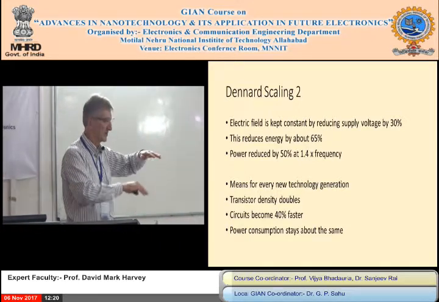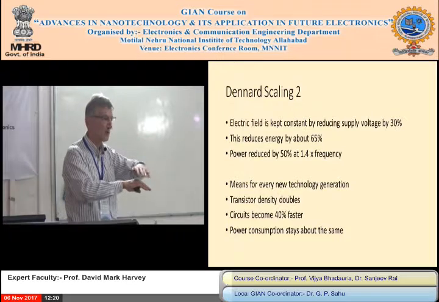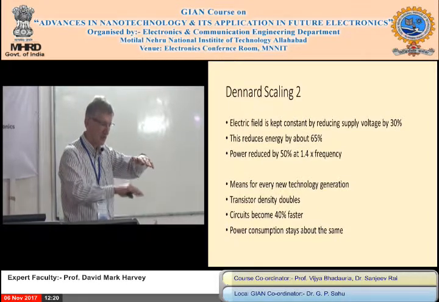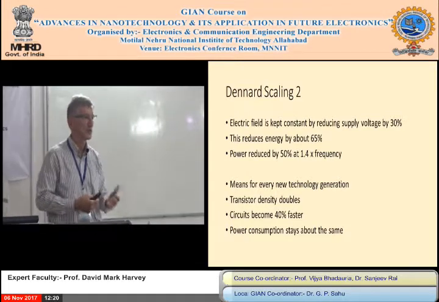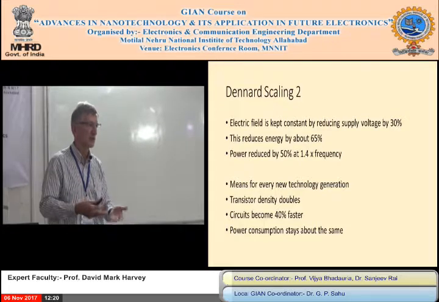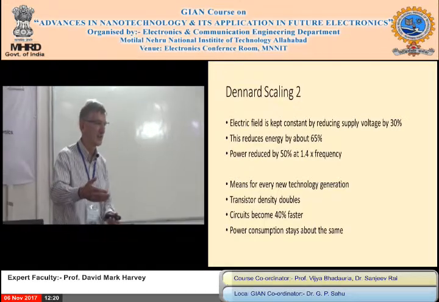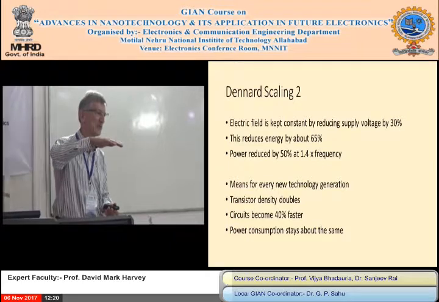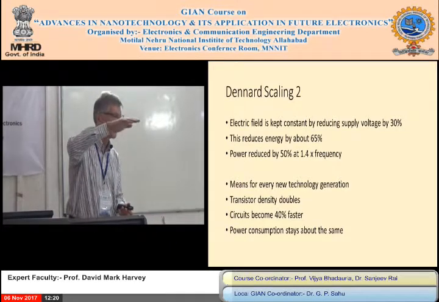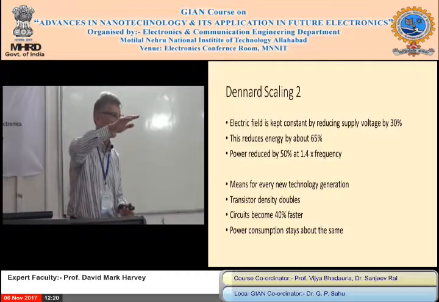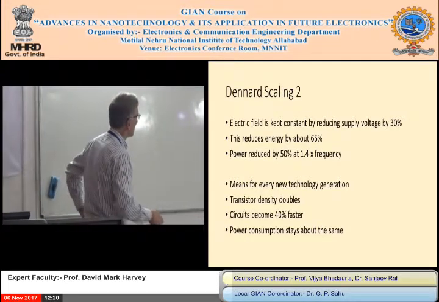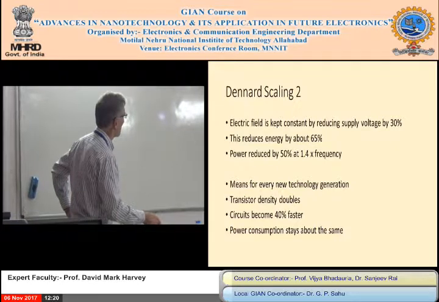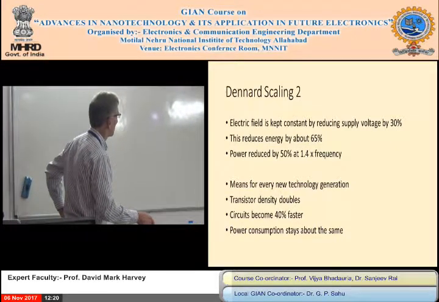So voltage goes down, 3 volts, 2.5 volts, 1 volt. You can only go down so far. You need to get over the silicon barrier to switch. Now I was actually talking to your colleague the other night, and now we've got junctionless transistors. To get over that barrier, silicon, you need 0.6 of a volt to switch a transistor on. So it means you can't have a logic level less than 0.6. You need some margin, so maybe 0.8 is the minimum, I don't know. I'd say I'm happy with 1.2. But you need a difference between logic 0 and logic 1. So power reduced by 50% at 1.5 times the frequency, and the energy produced.